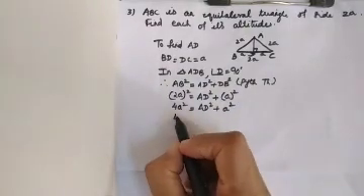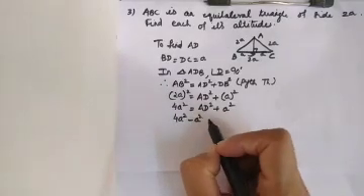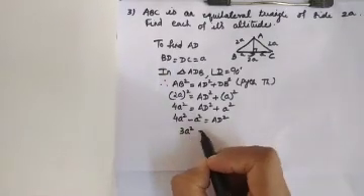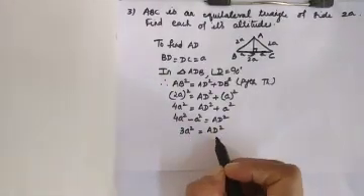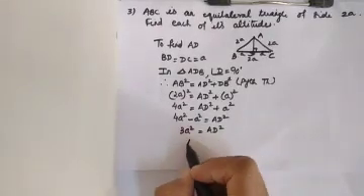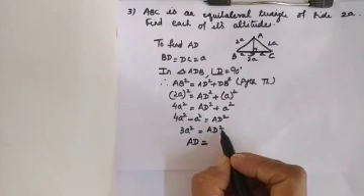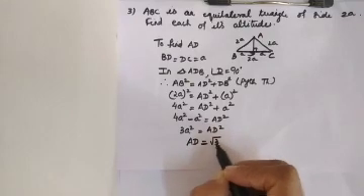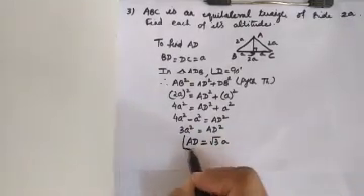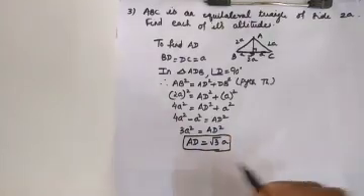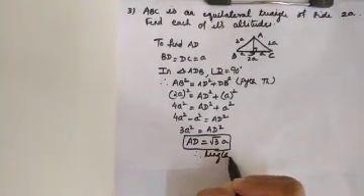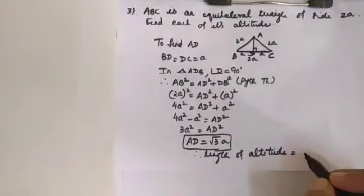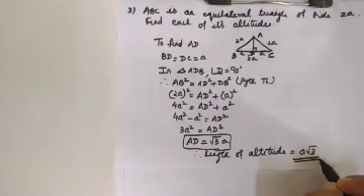Bring this A squared to the left side. So 4A squared minus A squared is equal to AD squared. 4A squared minus A squared is 3A squared is equal to AD squared. You need only AD here. So here AD is equal to, when you remove the square, this side also becomes square root. So 3 becomes root 3. Square root of A squared becomes A. So AD is equal to root 3 into A. Therefore, length of altitude is equal to root 3 into A, or you can write it as A root 3. Both are same.